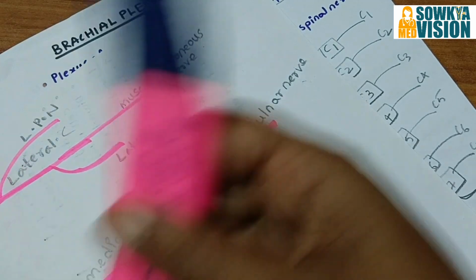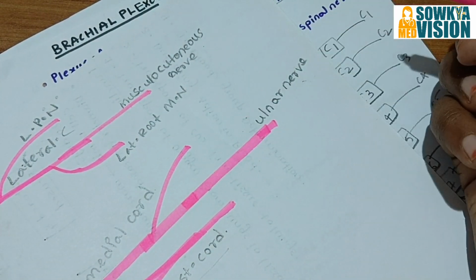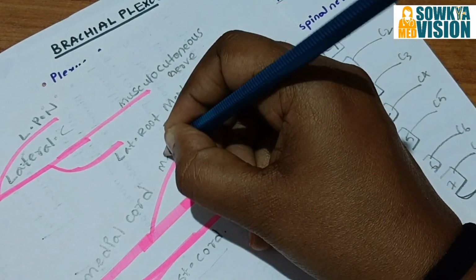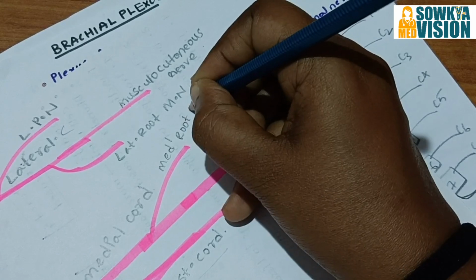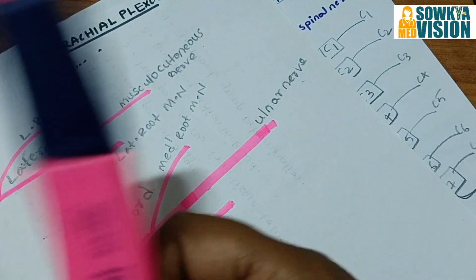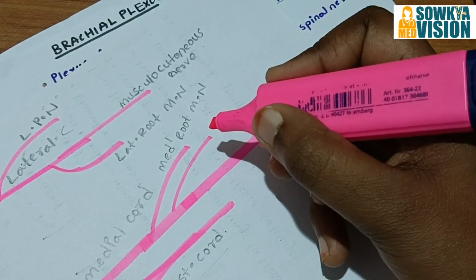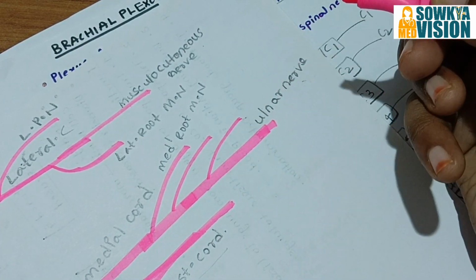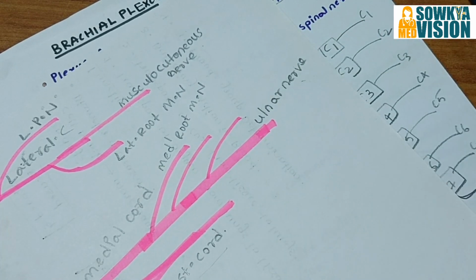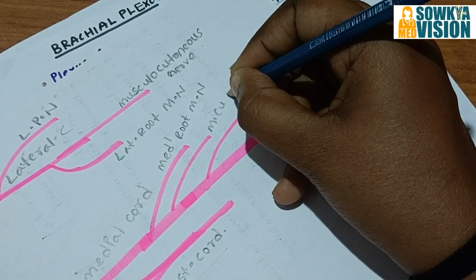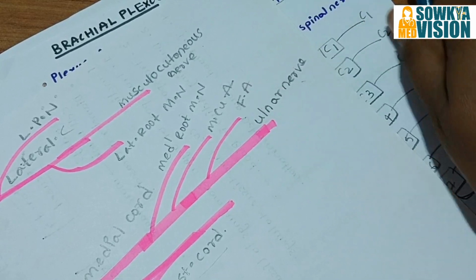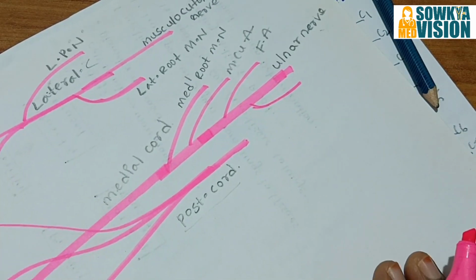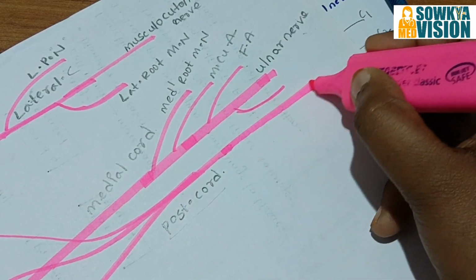And another four branches are from the medial cord: medial root of median nerve. Let me label it here. Medial root of median nerve. Now next, medial cutaneous nerve of arm, medial cutaneous nerve of forearm. This is for forearm, and there are 5 branches from the medial cord. Now branches from the posterior cord, it is extended as radial